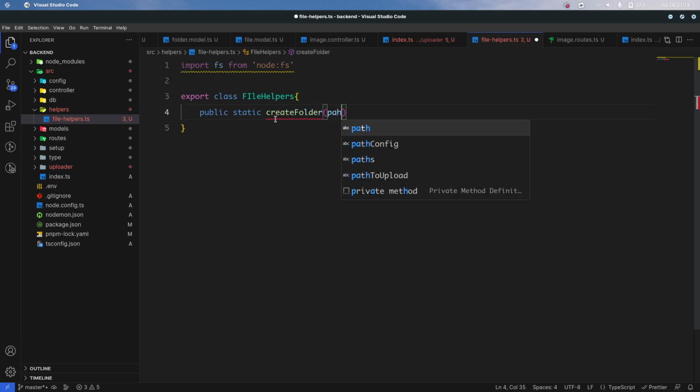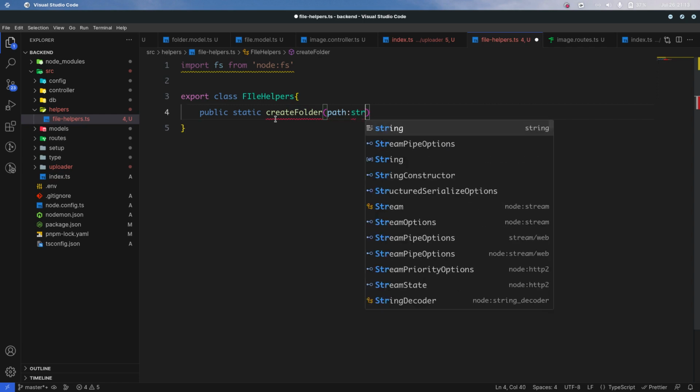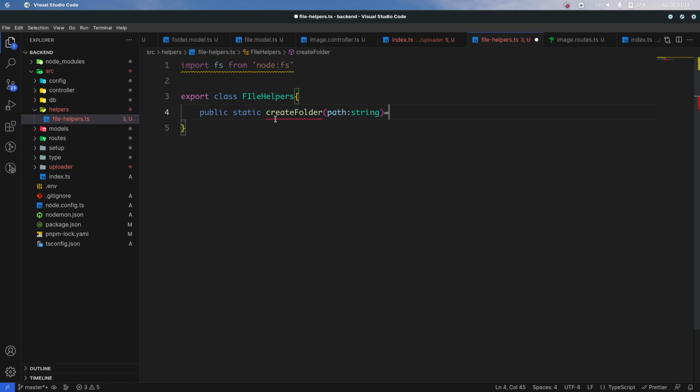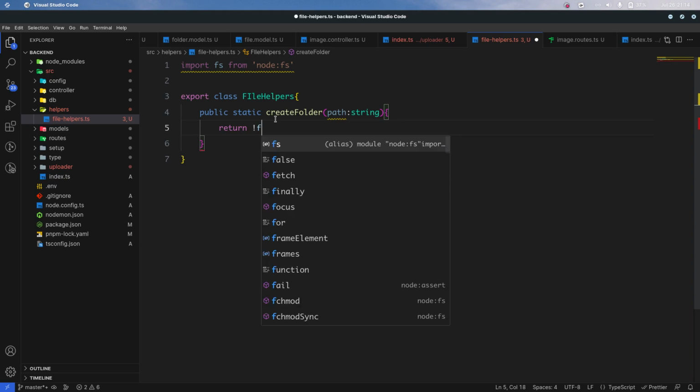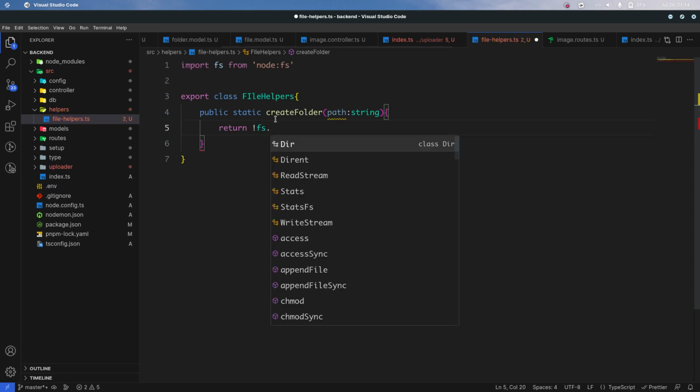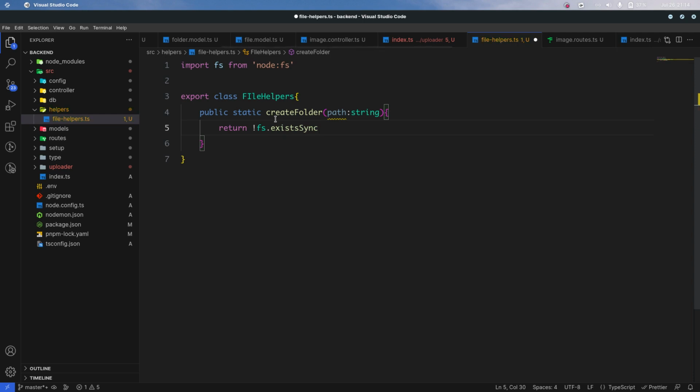We take a path which will be a string, then we return not fs dot existing. So this will check if the folder exists. If it doesn't exist, then now we execute